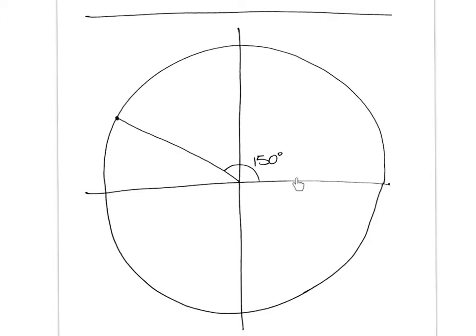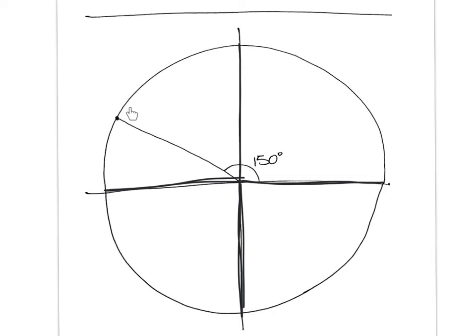our angle always starts from here and then goes in this direction. So we could say that's 90 degrees. We could say this one, 180 degrees, 270, and then all the way back to 360. So that's like this. 90 degrees to here, 180 degrees to here, 270 degrees to here, and 360 degrees to here. So when you have something like 150 degrees, you have to figure out, sure, it's more than 90, but